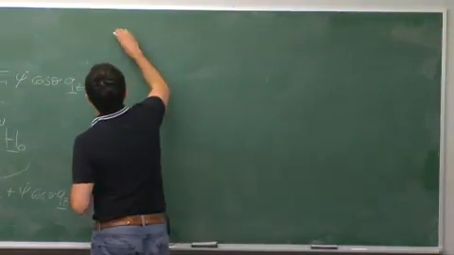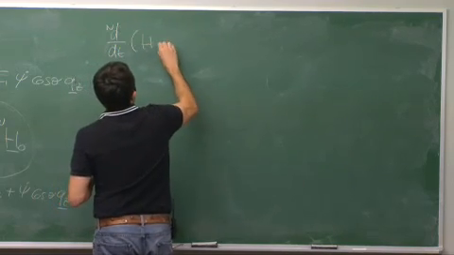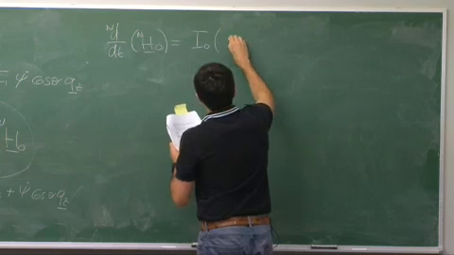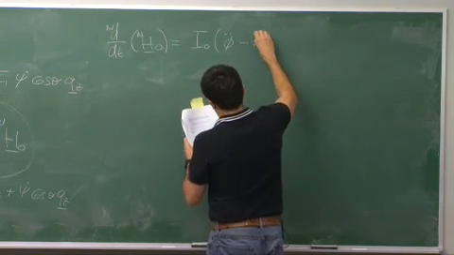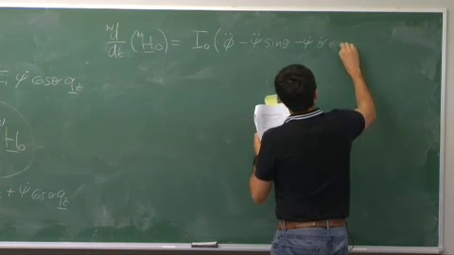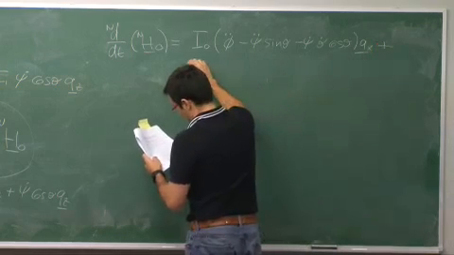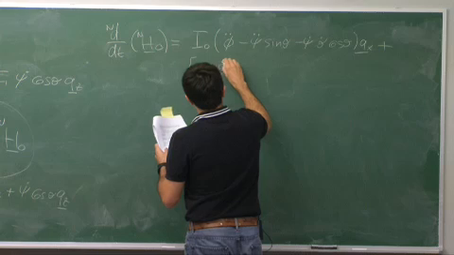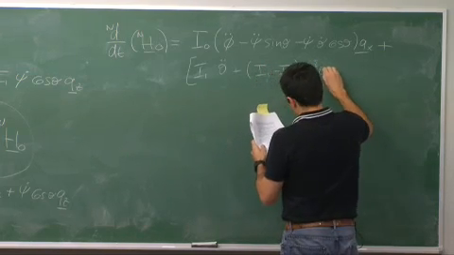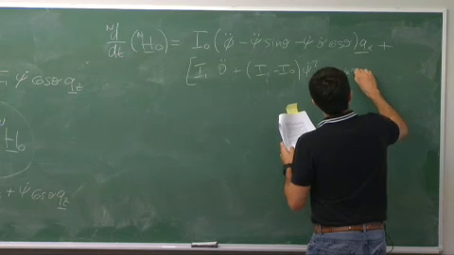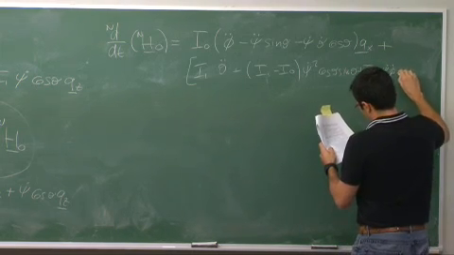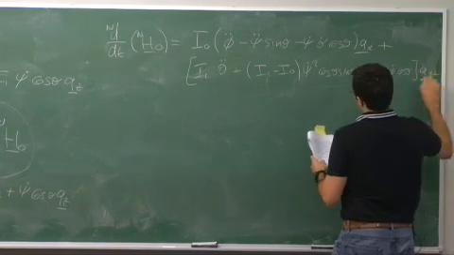Once you put it all together, your ddt in n of h o n should look like I0 phi double dot minus psi double dot sine of theta minus psi dot theta dot cosine of theta, and this is in the qx direction, and then I have I1 theta double dot plus I1 minus I0 squared cosine of theta sine of theta plus I0 phi dot cosine of theta qy plus